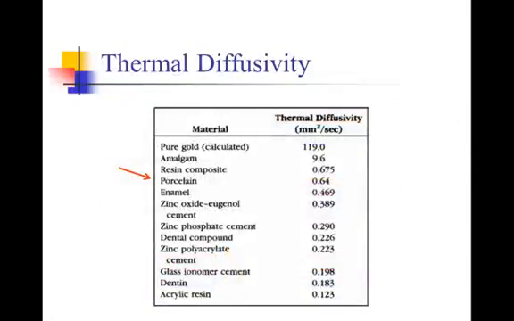Okay, I mentioned that another method of doing this without using more than one material is to rapidly cool a single material. The reason that we can do that is shown here by a comparison of thermal diffusivity of various materials, and we see that ceramics, porcelain in this example, have a very low thermal diffusivity as far as materials go. So what that means is that as the material is taken from the furnace and put in a room, which is at room temperature,